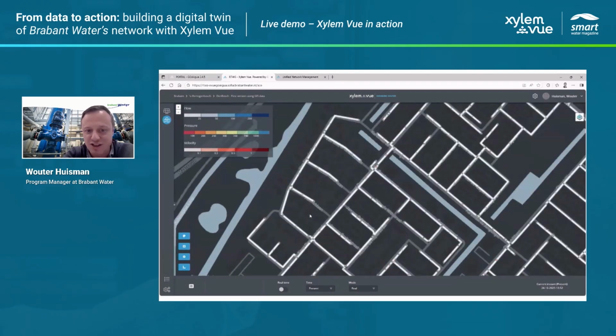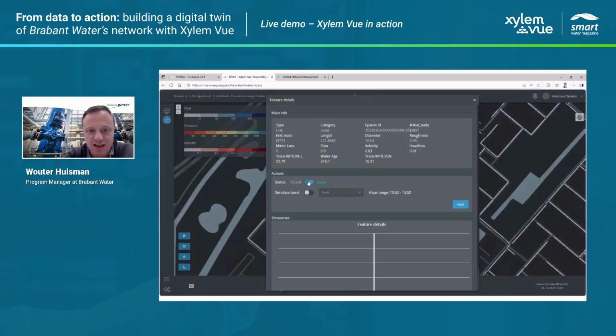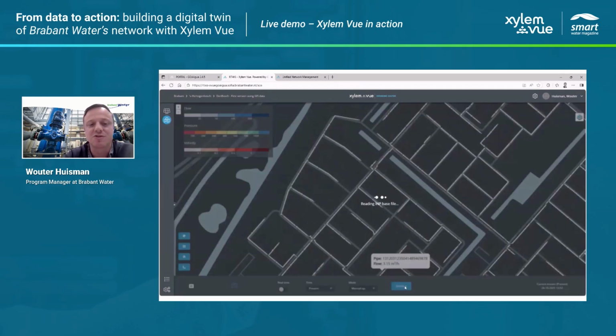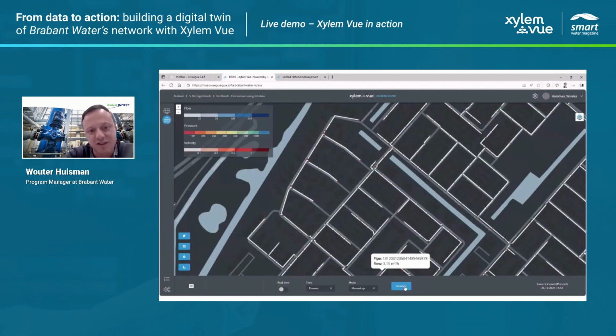We zoom in now in just a little street, and the main is on an end. And what we will do here is to close the valve, and it's just a simulation to show. And it's quite obvious that if we close this valve now, that there will be no water distributed to the connections after the valve. So the system is now running and looking in the hydraulic simulation,